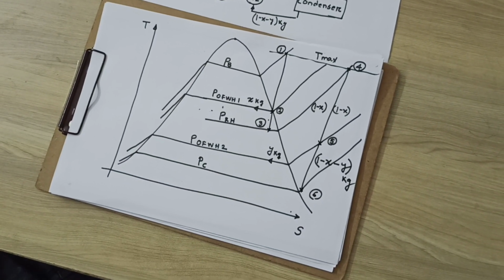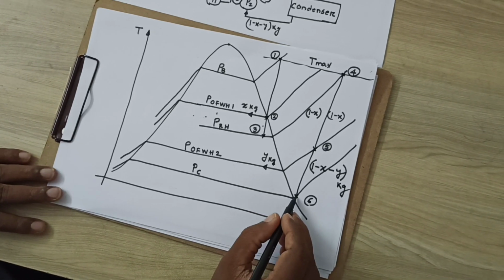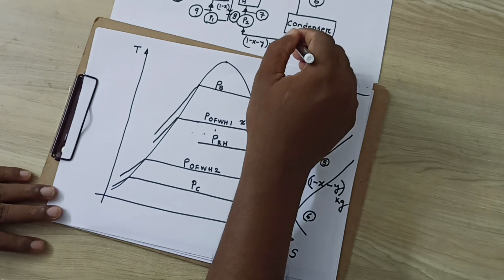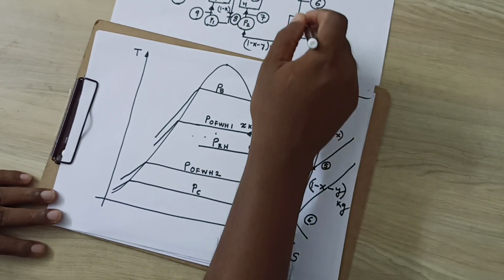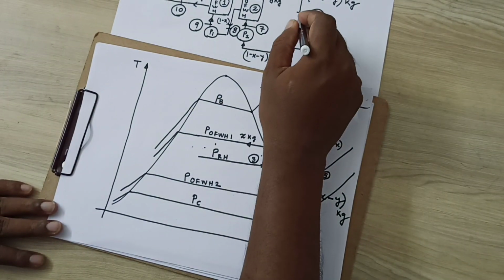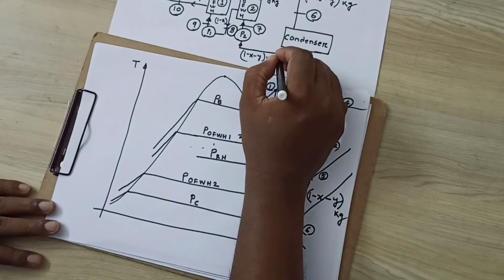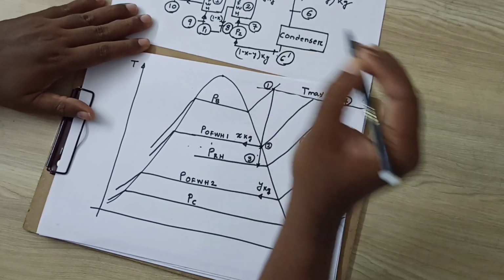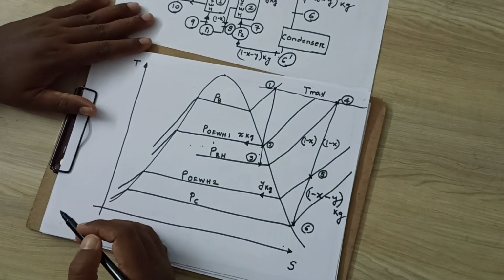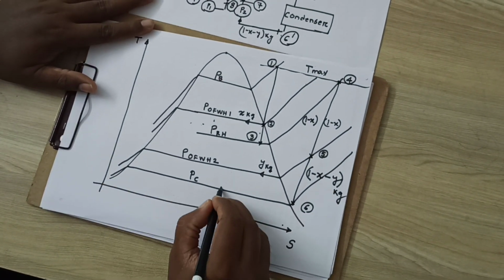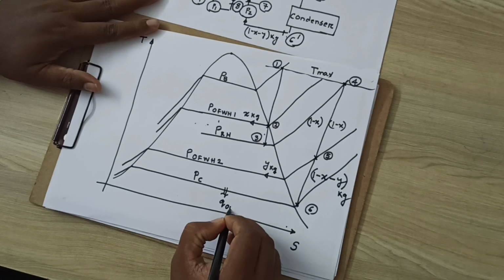Understood? Okay. Then from this point 6, this condensate will be saturated liquid. Let it be 6, and after this point will be 7. After the condenser, let it be 6 dash. Okay, I had forgotten to give a name here, so we will rectify it as 6 dash. From 6 to 6 dash, it is the heat rejection in the condenser.